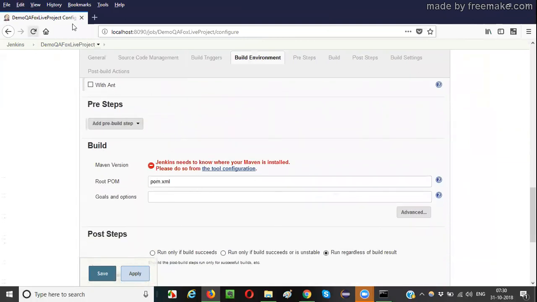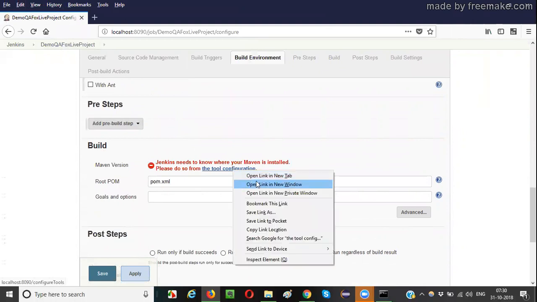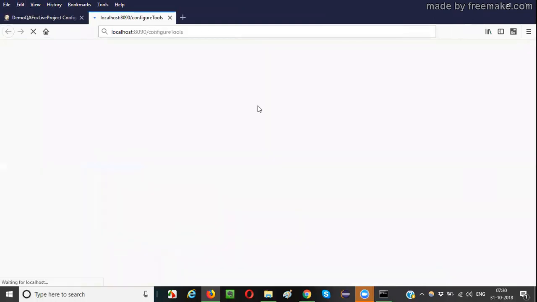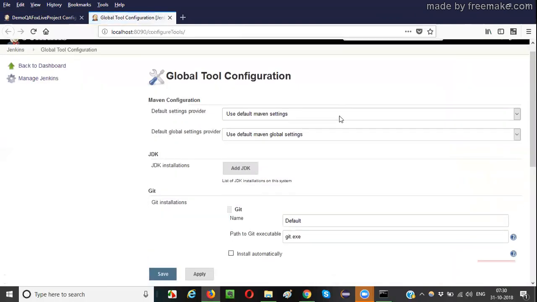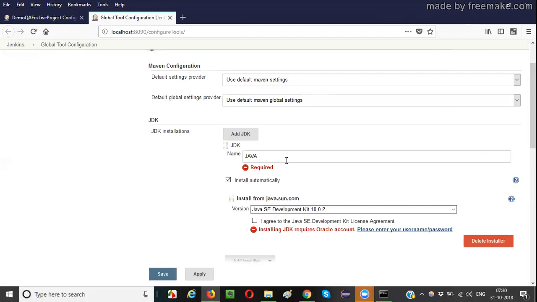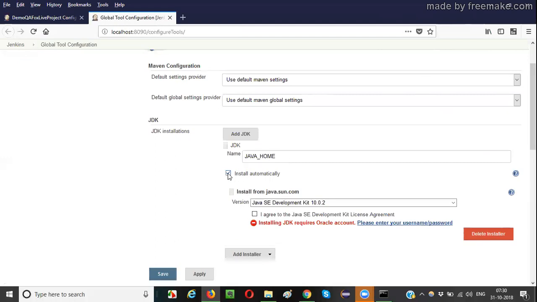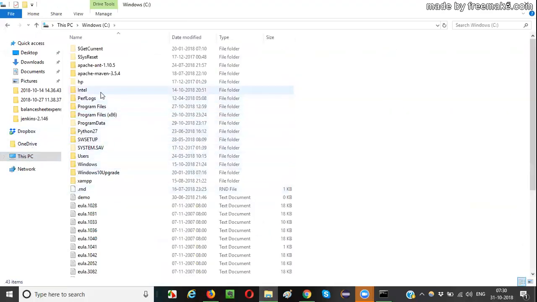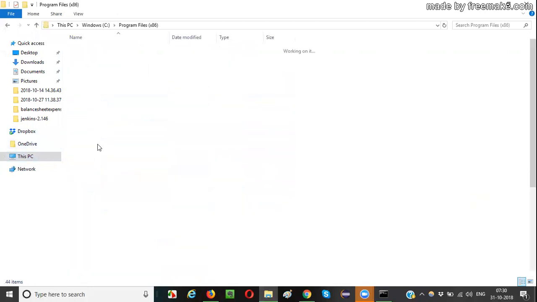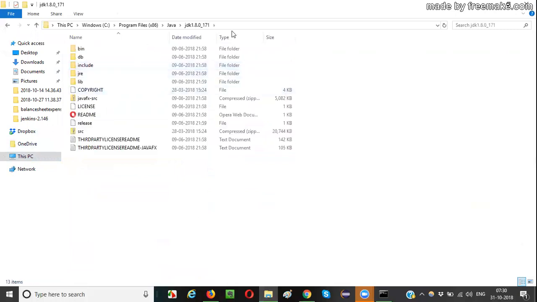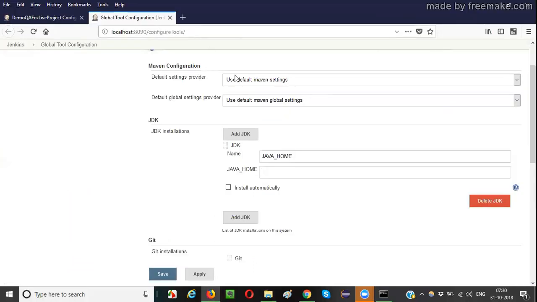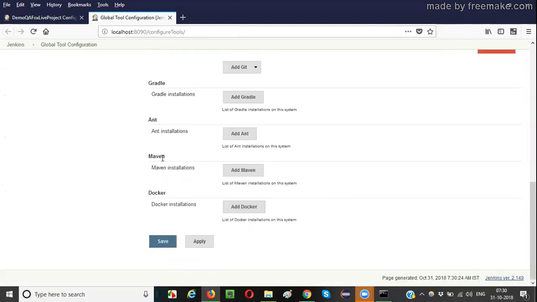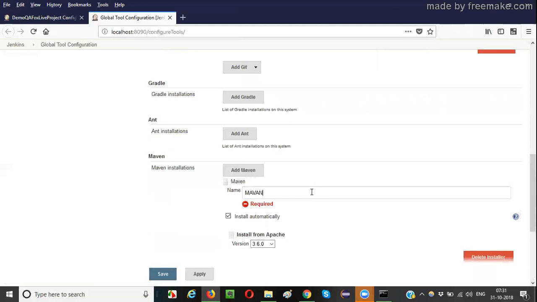Here again, since Jenkins is a new instance, again it is asking you to configure the tool configuration. Open a new tab. Add JDK, same thing, JAVA_HOME. Deselect this option. Here JAVA_HOME, go to your C drive, program files, Java, JDK, sorry, up to this path, copy this path, paste it here, go down, add maven,